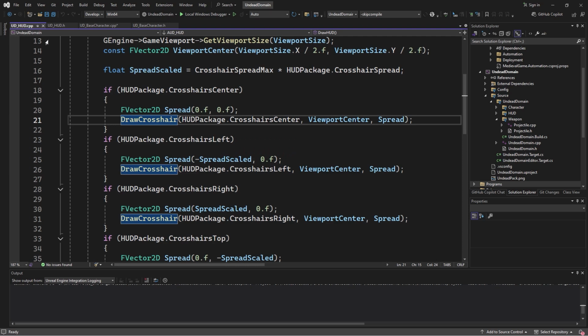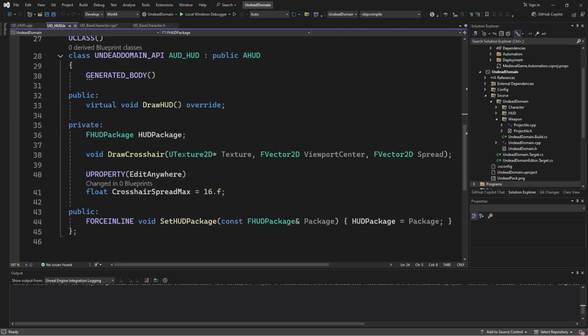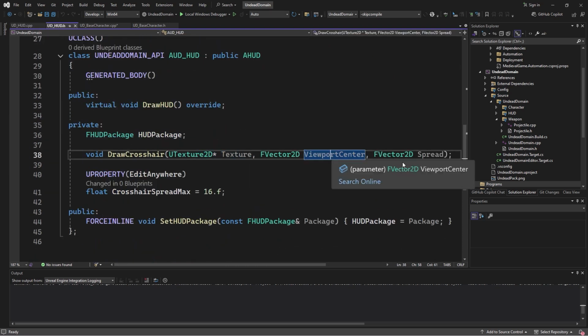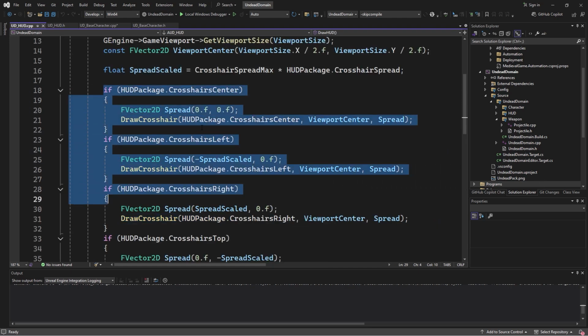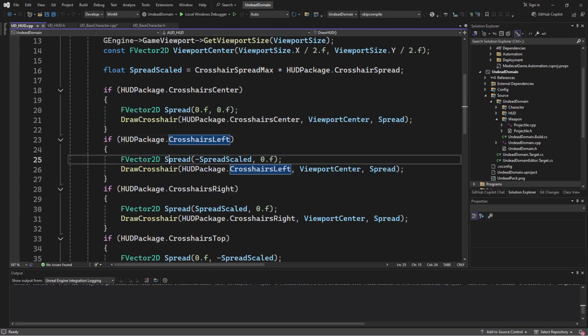This is a function we created. You can see right here, this needs 3 parameters: this texture, viewport center, and spread. We are going to talk about that just in a moment. So we check all of these one by one, and we add this spread value to them. Like center is 0 0. We never spread the center,